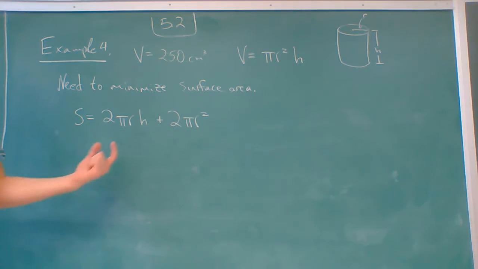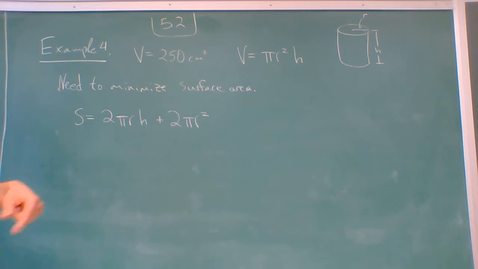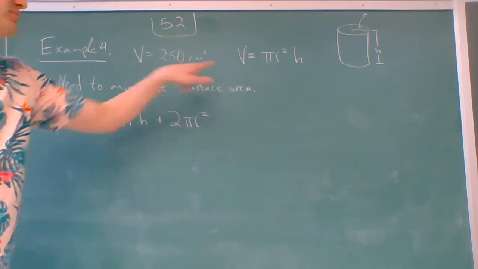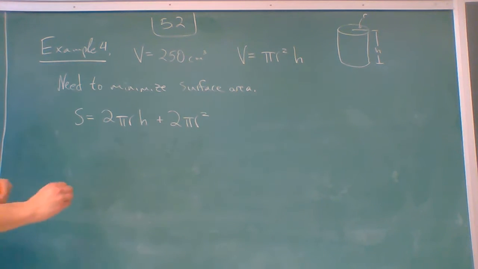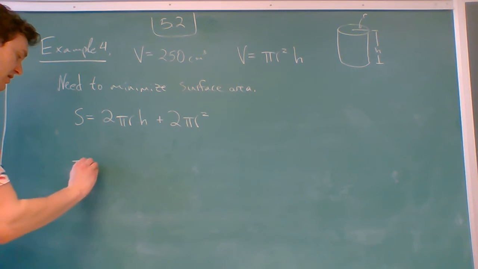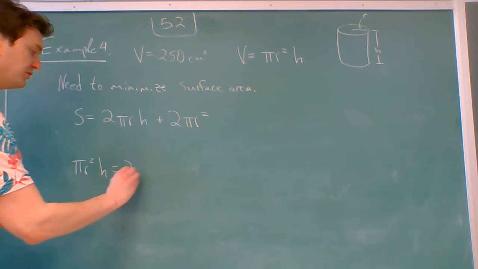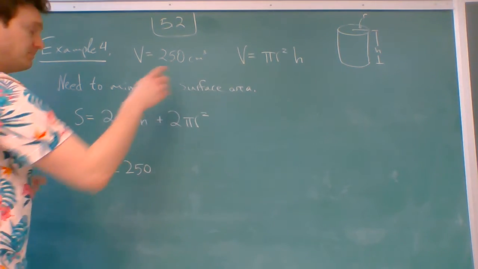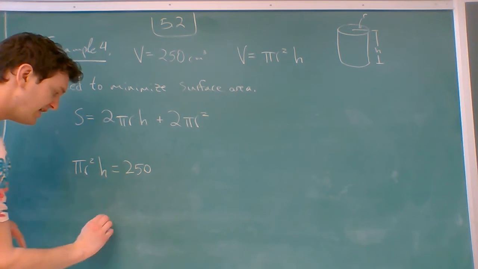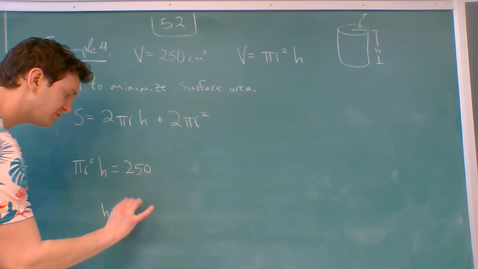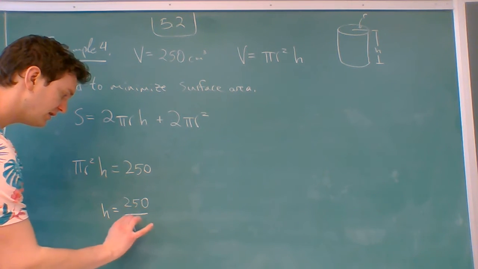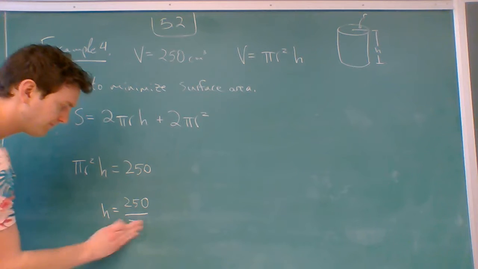But it's going to be easier in this case to get h as a function of r. And that's going to come from this information right here. Because I know that pi r squared h is equal to 250, because that's my volume. That means that h is equal to 250 over pi r squared,